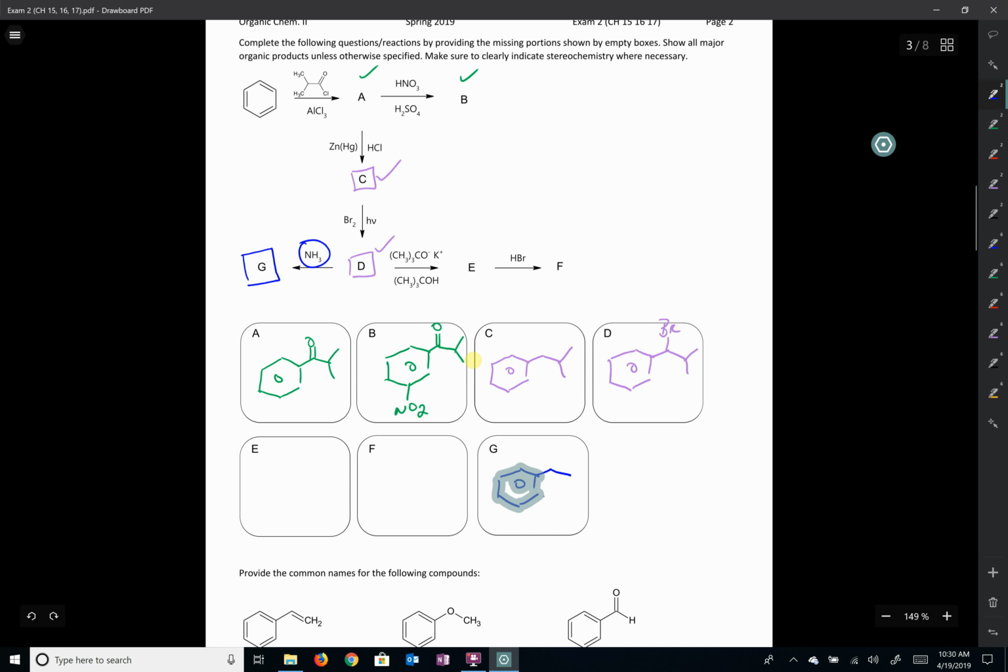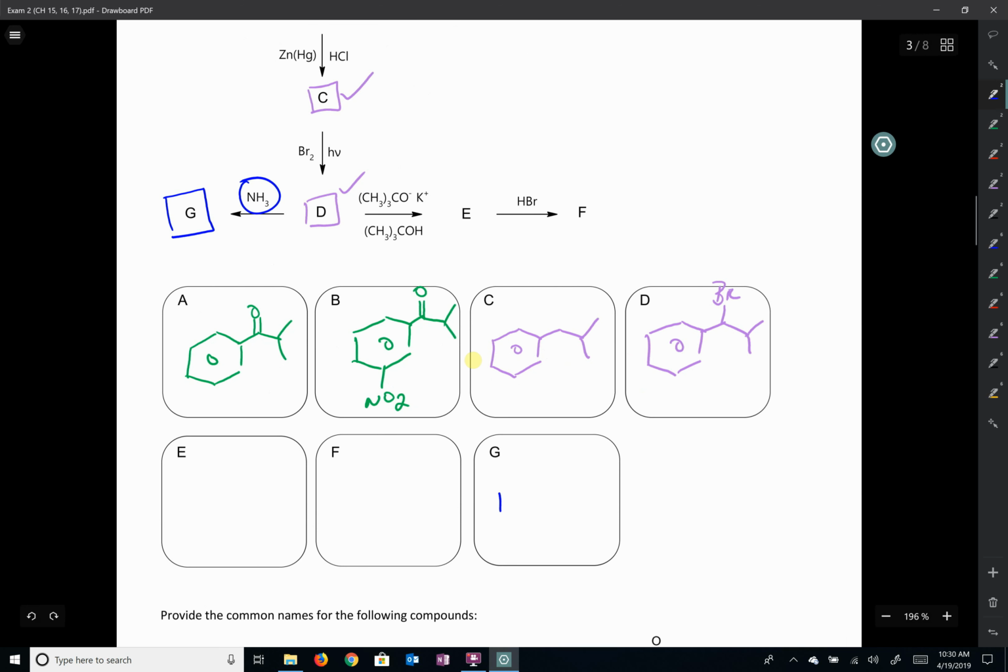My goodness, I'm sorry, guys, for some reason I can't seem to draw a decent benzene ring today. I'm not sure what it is. Hey, that one looks decent. All right. Anyway,